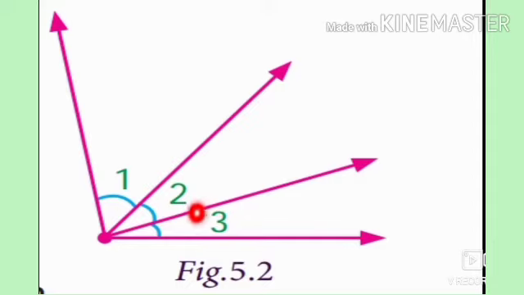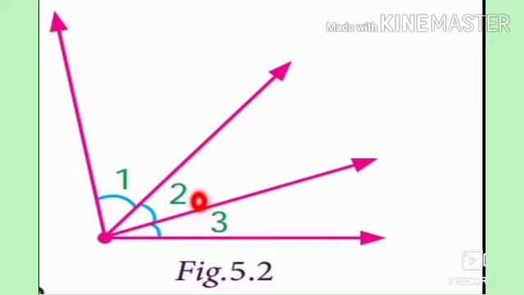So then what about the pair of angles 1 and 3? Angle 1 and angle 3. They are not adjacent because this pair of angles have a common point, but a common point which is the vertex, they do not have a common arm. Here 2 arms are there, as angle 2 is in between angle 1 and angle 3. Also, interiors of angle 1 and angle 3 do not overlap.